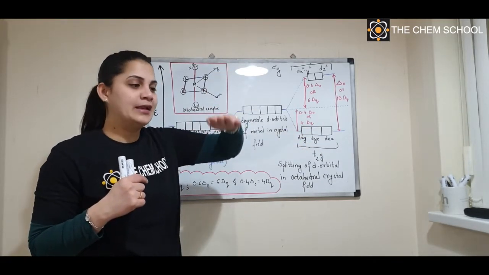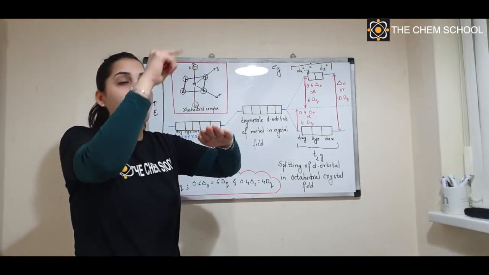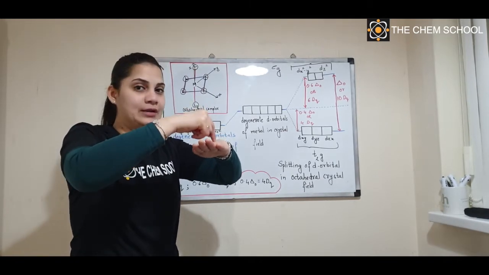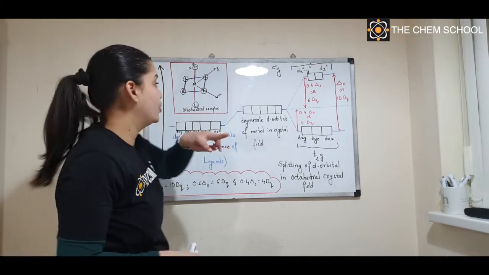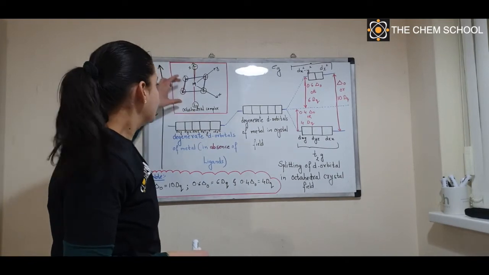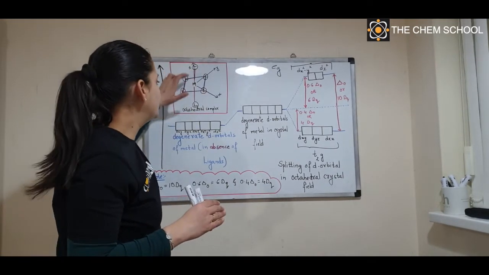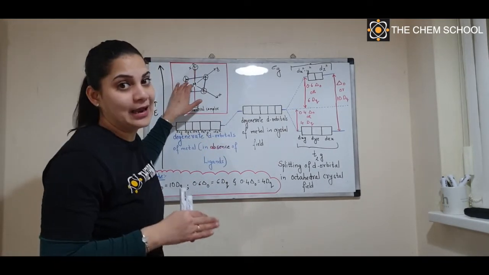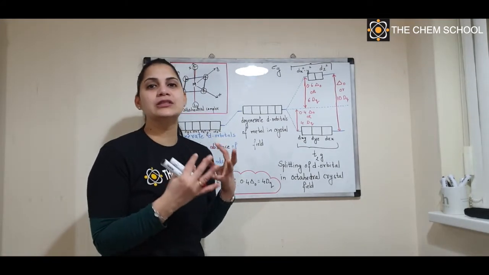Now, when you talk about above or below the metal, let's pass an axis through the metal. When you pass an axis through the metal, you will get two more ligands. So these four ligands lie in the same plane, while these two ligands lie axially to the central metal atom. So now you have a clear idea of how an octahedral complex looks.